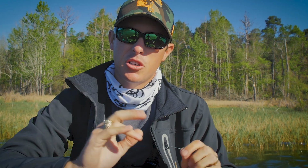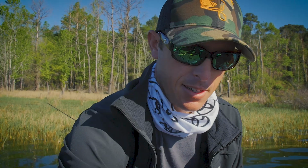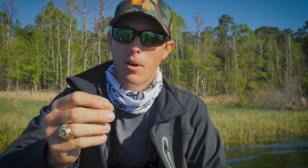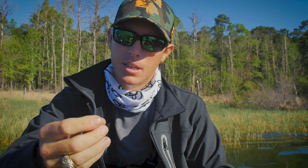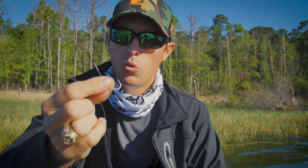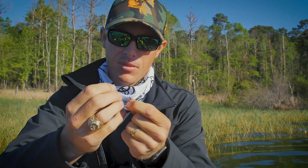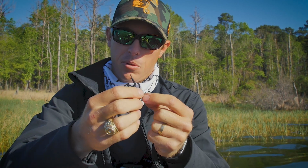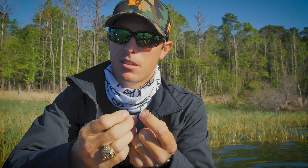Now you want to tie this just like you would a regular drop shot, except you're using that heavier line. I like to use straight shank hooks when I'm flipping through heavy grass. It just seems to have better hookups. So right here I've got a 2-aught worm hook, straight shank worm hook. It's got a pretty stiff shank to it, which will hold up to the hook sets on the heavy rod